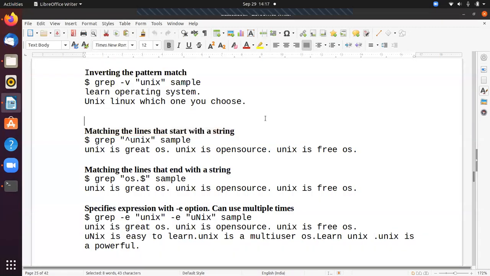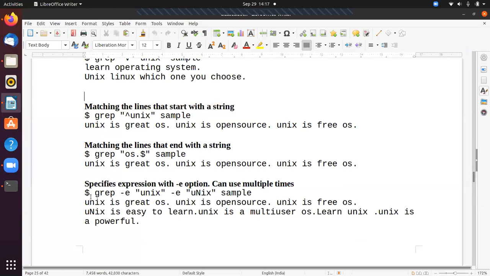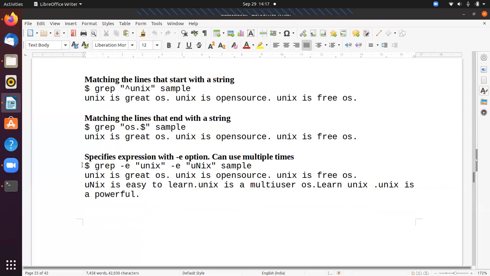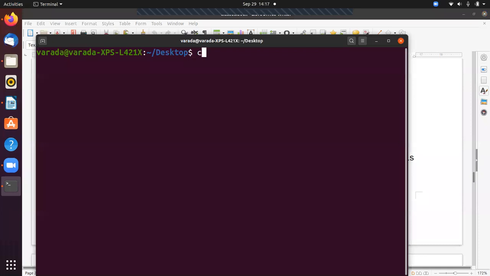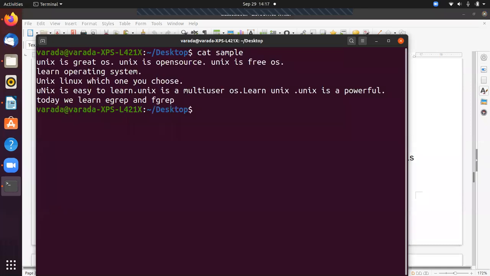The next one specifies expression with the hyphen e option. Now I want to print the lines that match unix and that match learn.